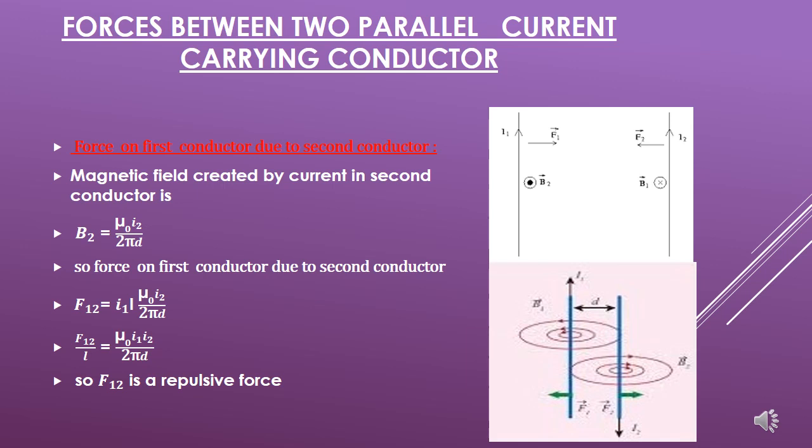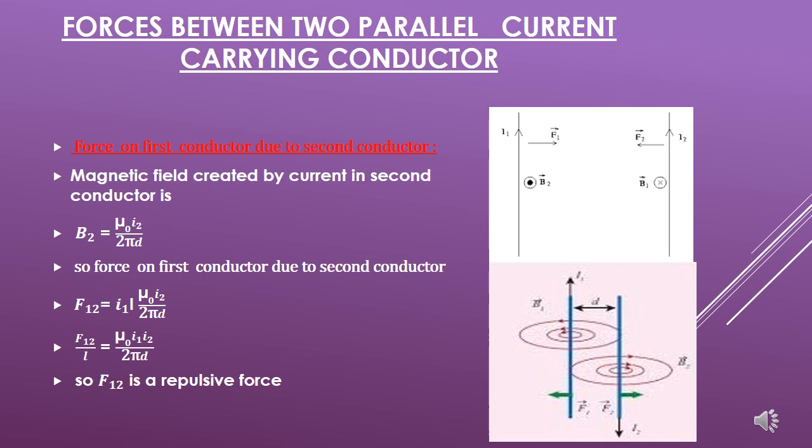Now the force experienced by conductor 1 due to conductor 2 is F12 equals I1 L B2. So F12 upon L equals I1 B2, putting the value of B2, which is mu naught I2 upon 2 pi D. So F12 upon L equals I1 I2 mu naught upon 2 pi D. So we have seen that the magnitude of both forces is the same, but what is the direction of